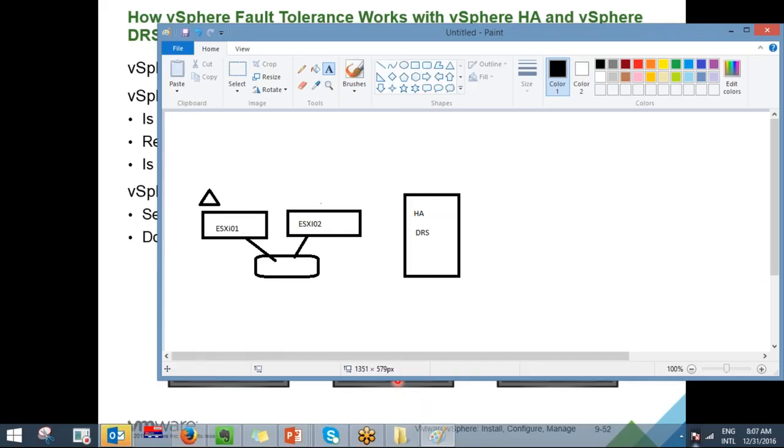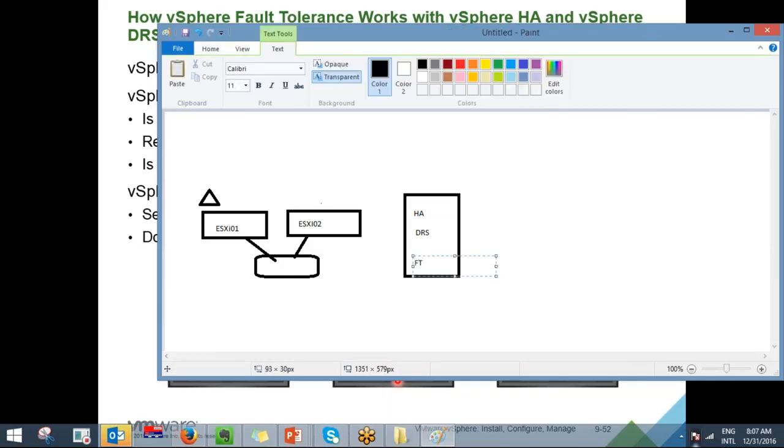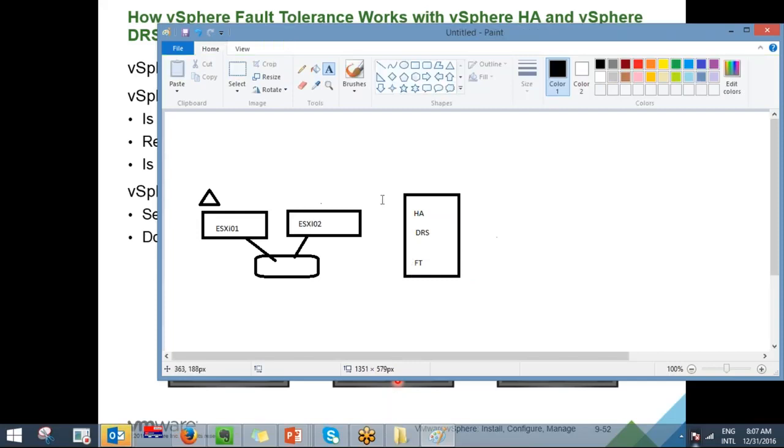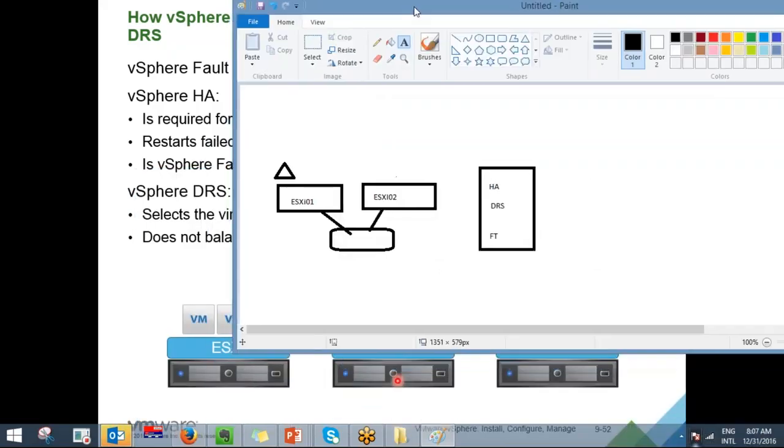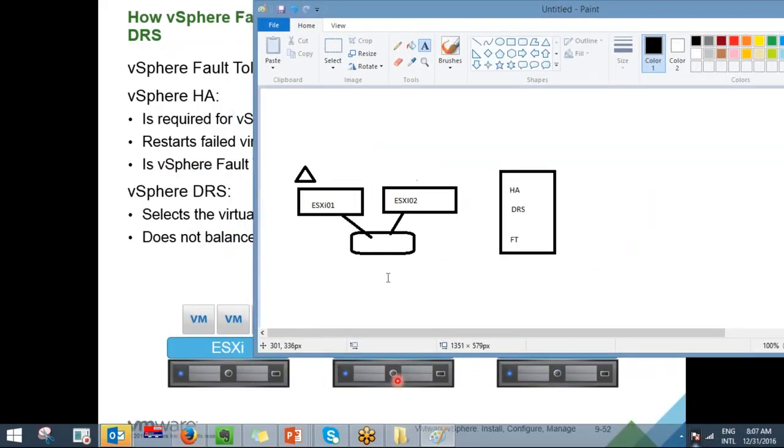Okay. Now I am enabling fault tolerance on my cluster. Let me briefly explain this once again. To enable fault tolerance on an HA DRS-enabled cluster, whatever statements are given here. Whenever you enable fault tolerance,